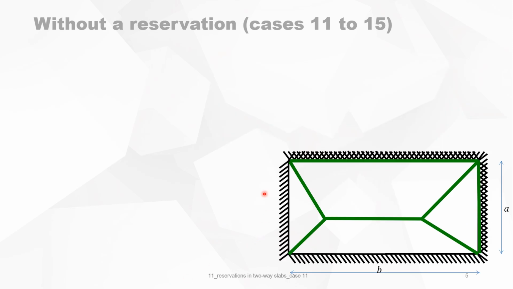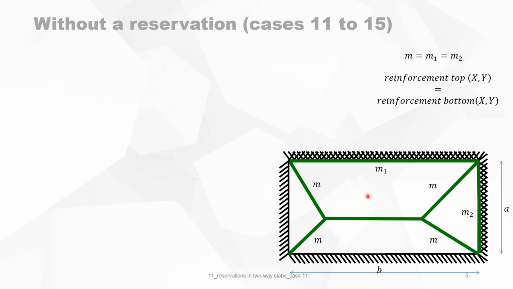We will now look deeper into the yield lines. We have the positive bending moment, which means that the bottom fiber of the slab is in tension. We call it M. The negative bending moment, we call it M1, and on the other side M2. You can now fill in the relation between M and M1 or M and M2. What we consider is that because most of the time the reinforcement top and bottom are equal, this means that the plastic bending moment is equal in top and bottom, so M is equal to M1 is equal